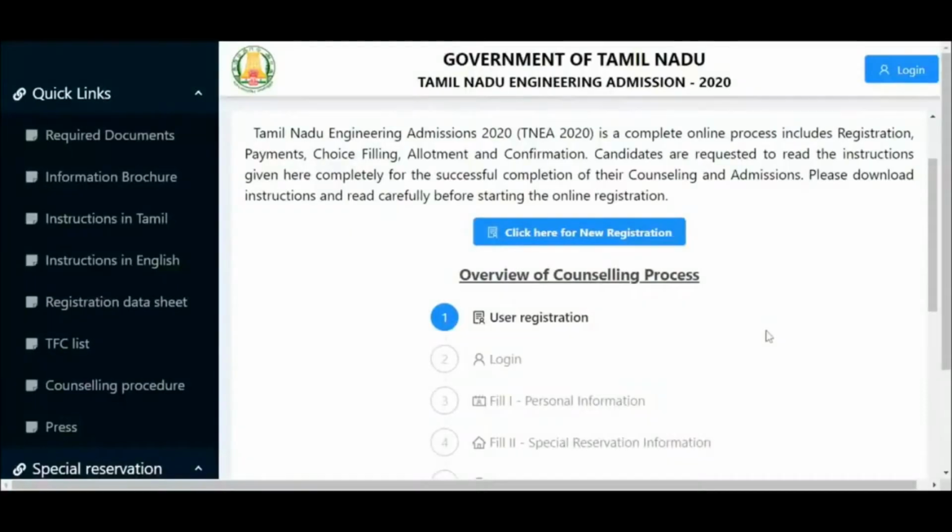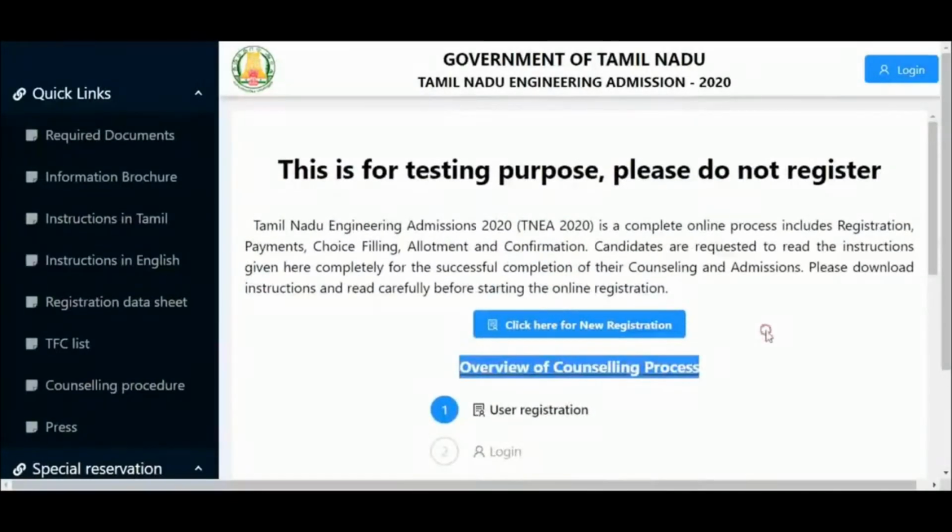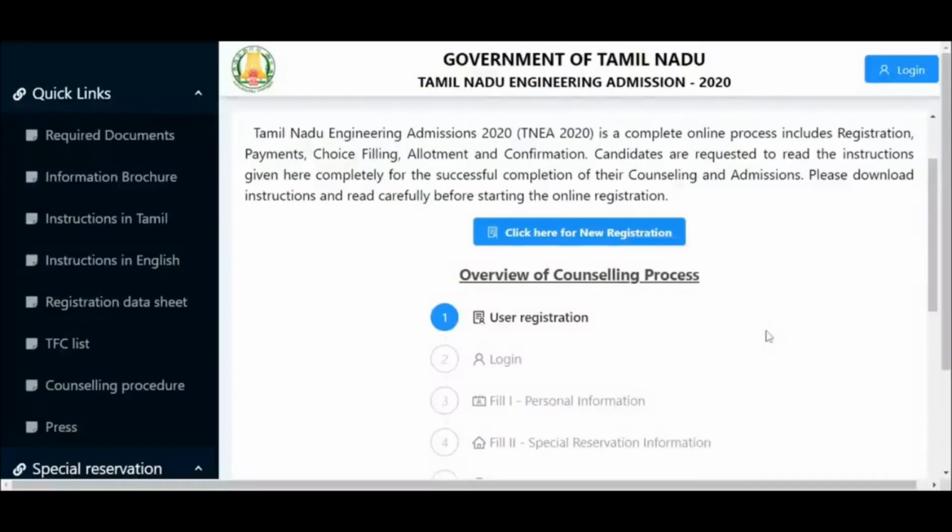Today what we are going to see is how to register for TNEA admission 2020. That is what we have to do to register for Anna University counseling. Okay, let's start. Firstly, you have to visit the official website tneaonline.org. There you will find the application form to be filled. To start, you mandatorily need at least an email ID and a phone number. So both are mandatory for doing this registration process.